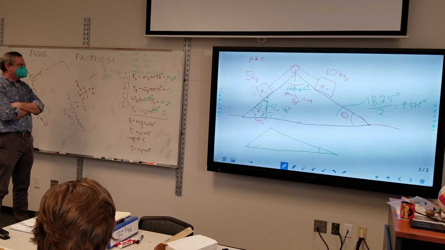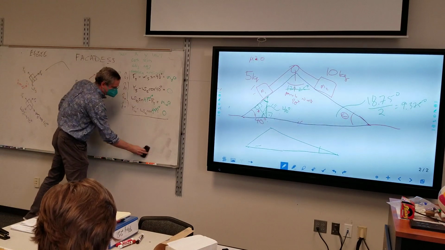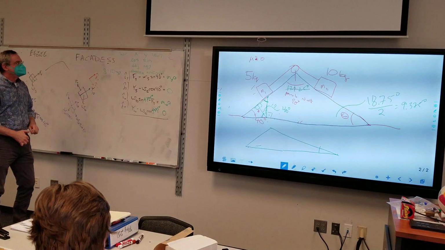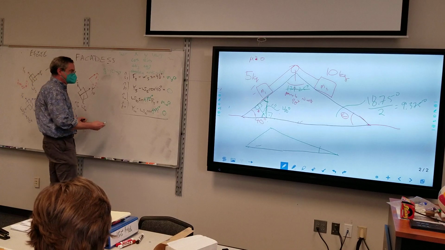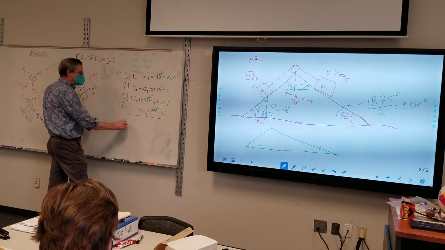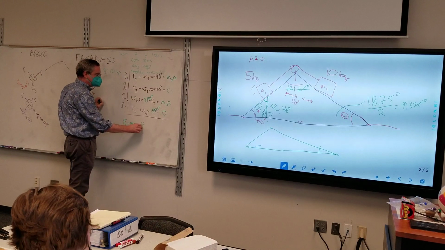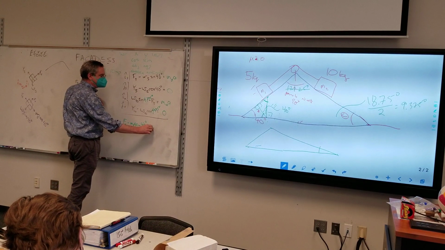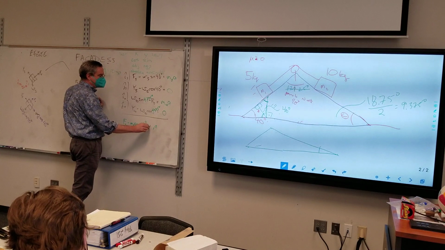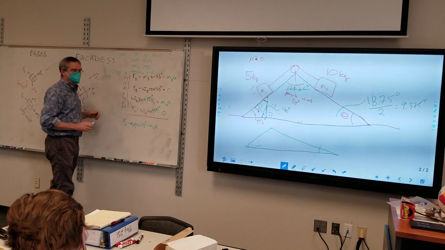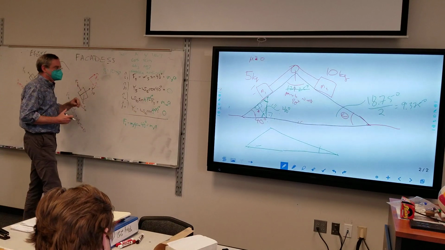So then those weights become 50. We're now at the substitution phase. So we have tension minus M5G sine of 40 degrees is equal to M5A. Again, because there's no friction, our normal force equations really have no bearing in this particular problem. Normal forces are perpendicular to the motion, and so,